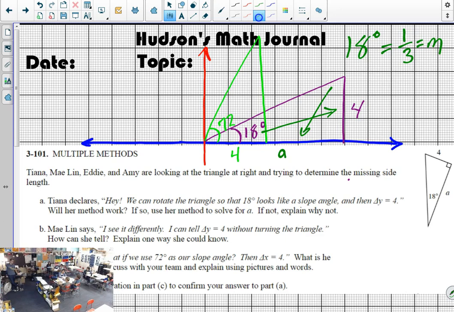Say it louder. Why 12? Because the 4 has to be 1/3 of the A, so 4 times, and you can reverse it and make 4 times 3 is 12. I love how Ryan said that. I'm going to add in, when opening at 18 degrees, the rise is 1/3 of the run. Doesn't matter how big the triangle is. Because of the angle, this can only be 1/3 of the bottom portion. So A then has to be 12.